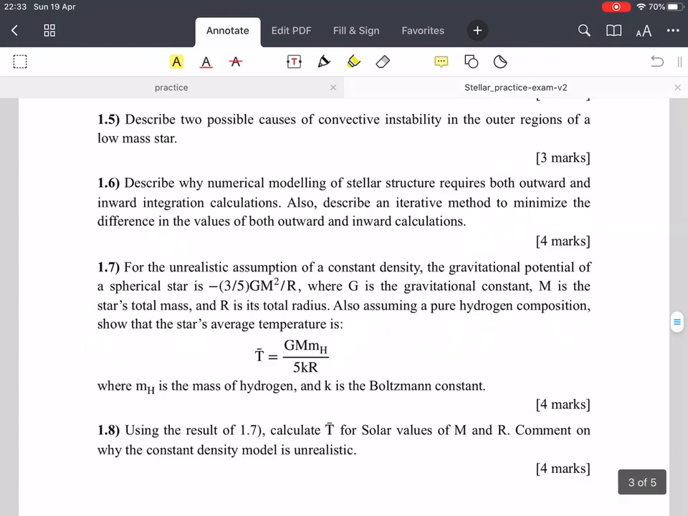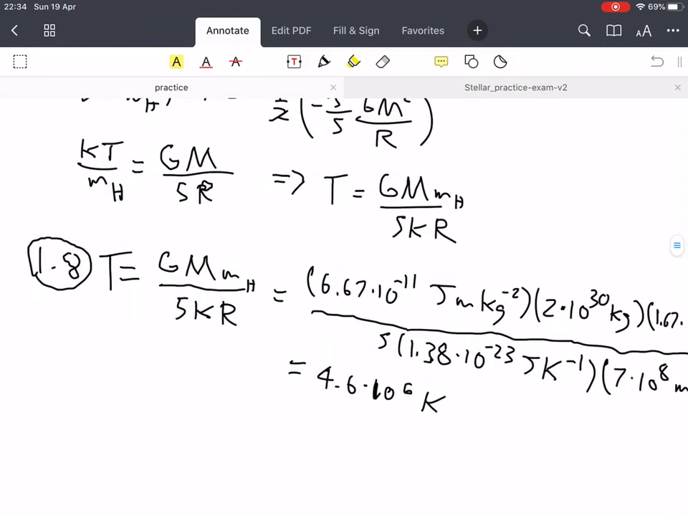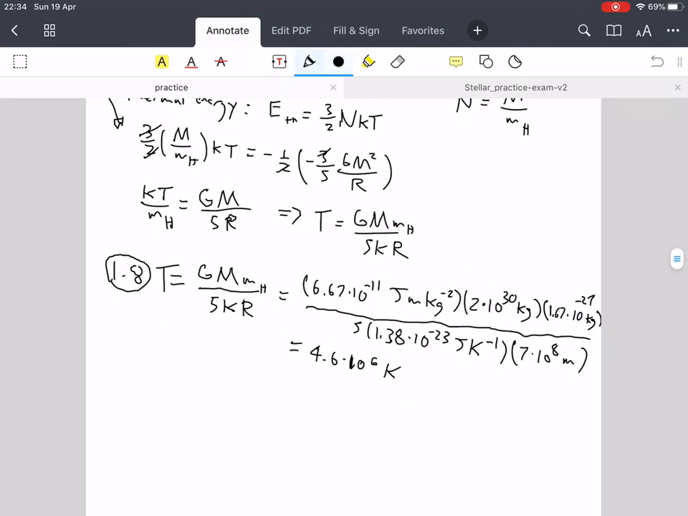All right, the other part of the question, which I should go back to, is comment on why the constant density model is unrealistic. Well, that's a pretty easy one, because we know that in the core, it is much higher density. So we can just write out that